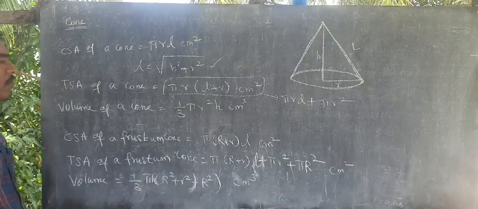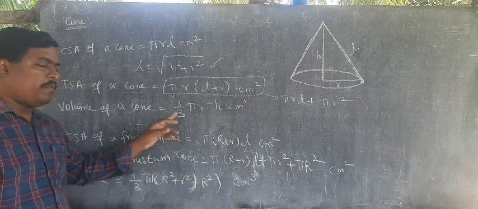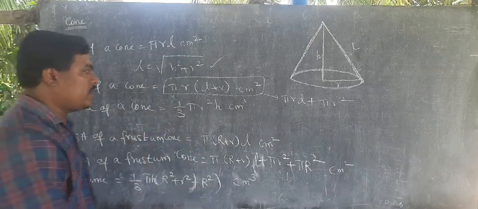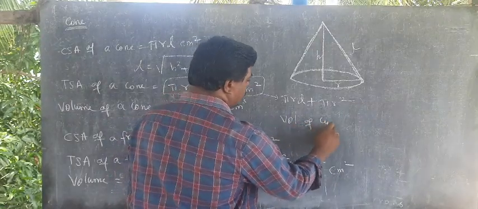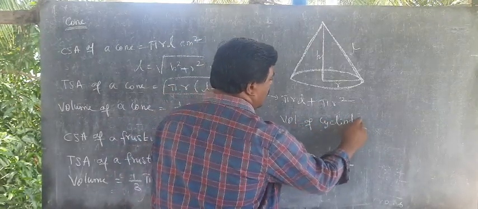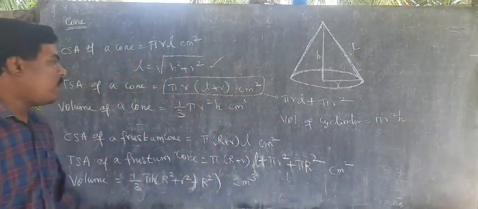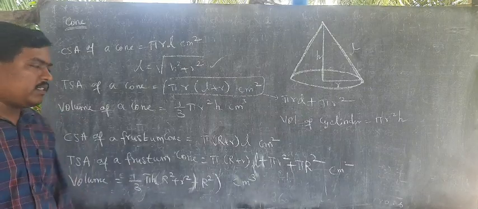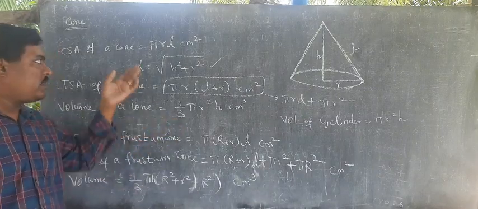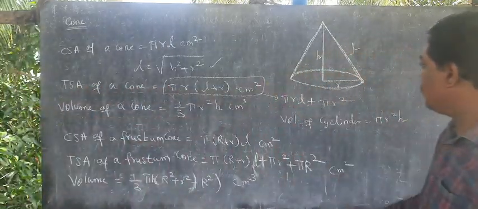Then volume is 1 by 3 pi r square H. What is the volume of a cylinder formula? Volume of a cylinder is pi r square H. Here it is 1 by 3 pi r square H, that's all. So if you know the volume of a cylinder, the cone is the same thing with 1 by 3. And then pi r L. So why do we get 1 by 3 pi r square H? Listen,